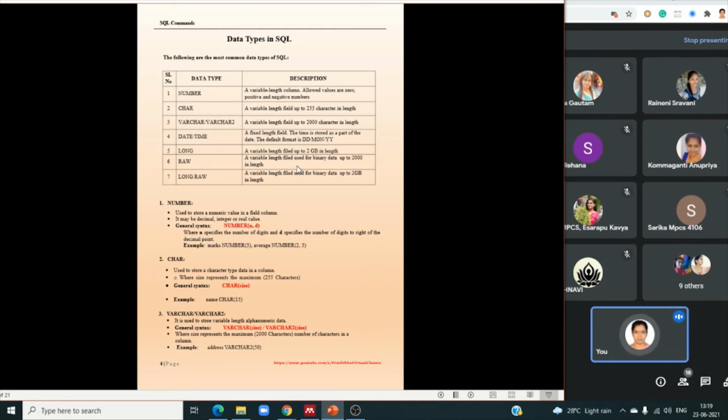Raw is the field used for binary data up to 2000 in length. Only binary, it is used to store binary data. Long raw is up to 2 GB of data. BLOB and CLOB can also be used like raw and long raw.